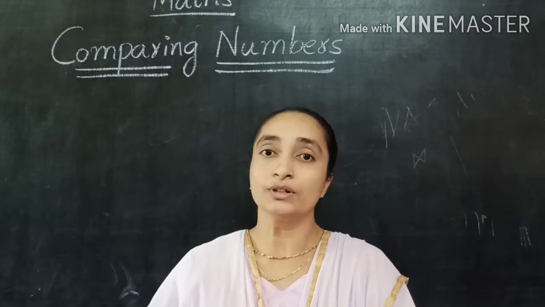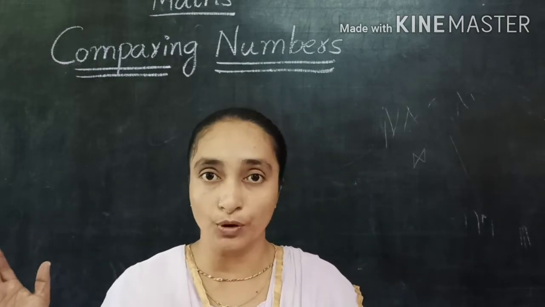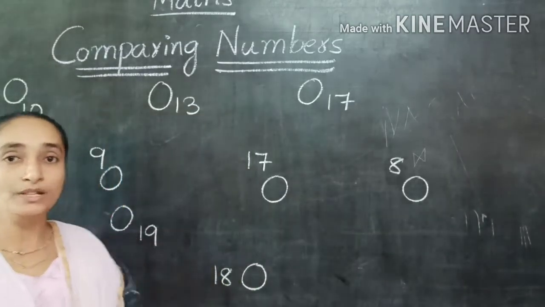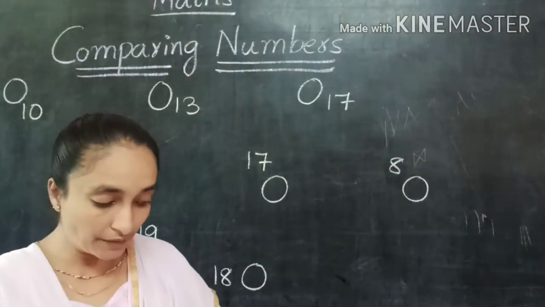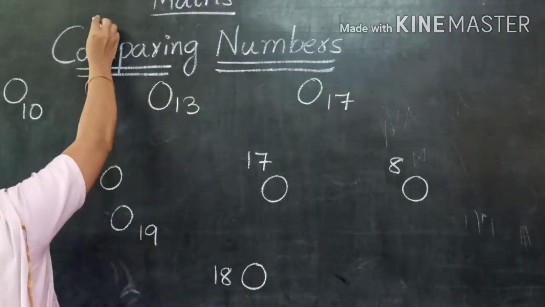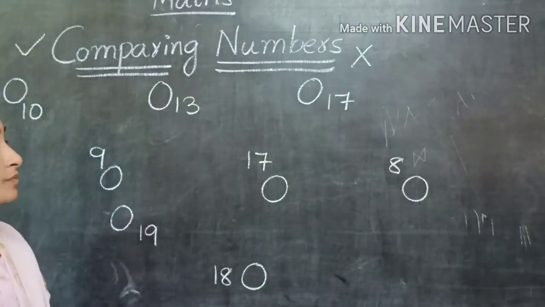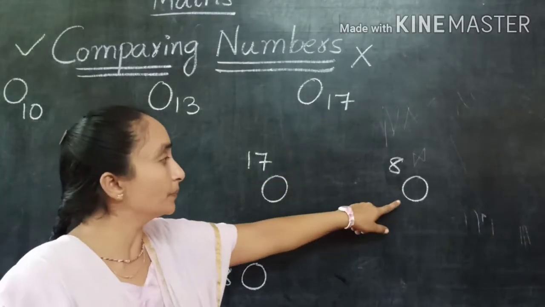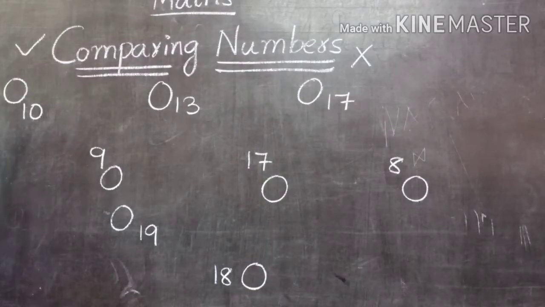Let me show you some numbers. Here they have given circles. We'll write here, children. I'll show you on the board. Here we can see the comparison of numbers. Here we can see which is the big number and which is the small number. They have said to tick the small number, and which is the big one, you give the cross mark. For each and every number they have given circles here. In these circles you have to do that, children. You first have to find out the small number.